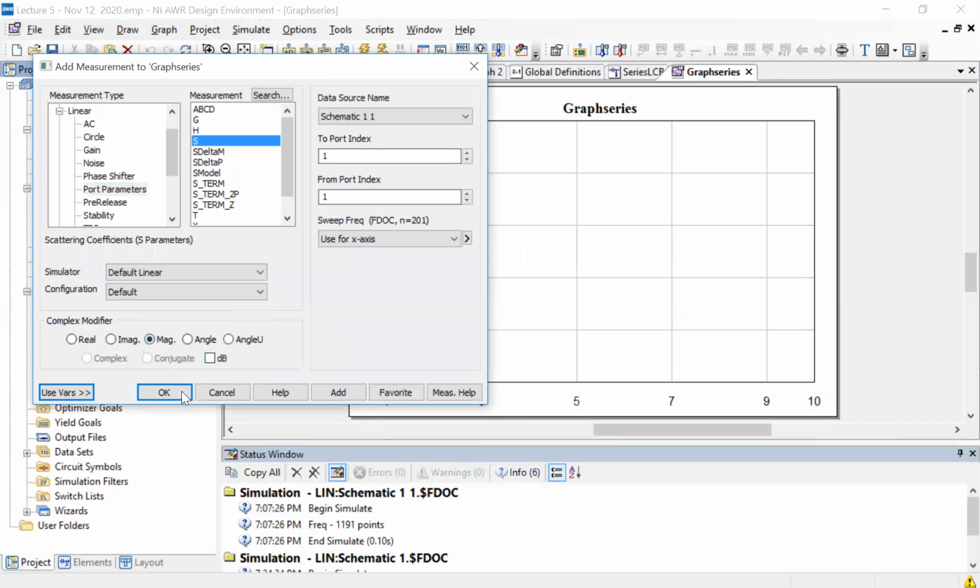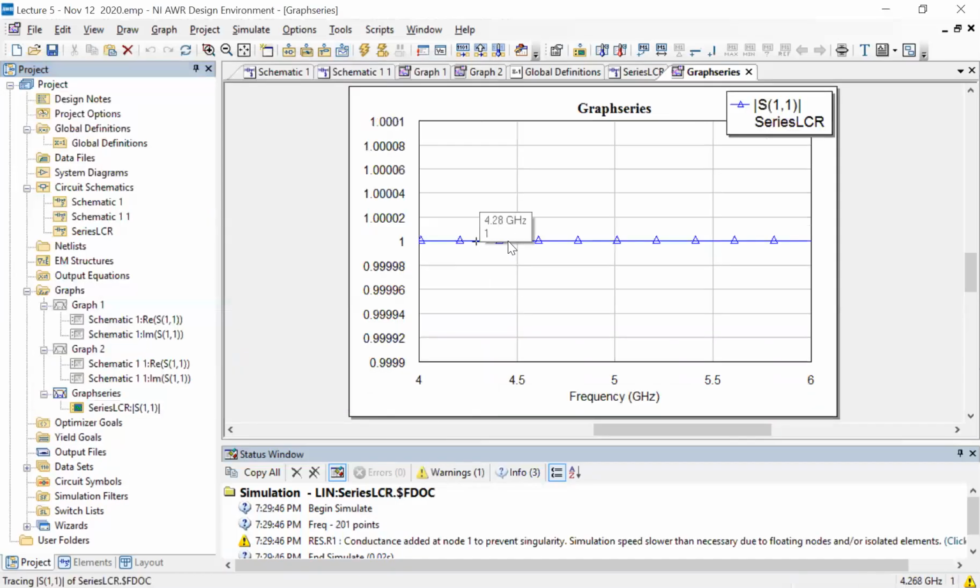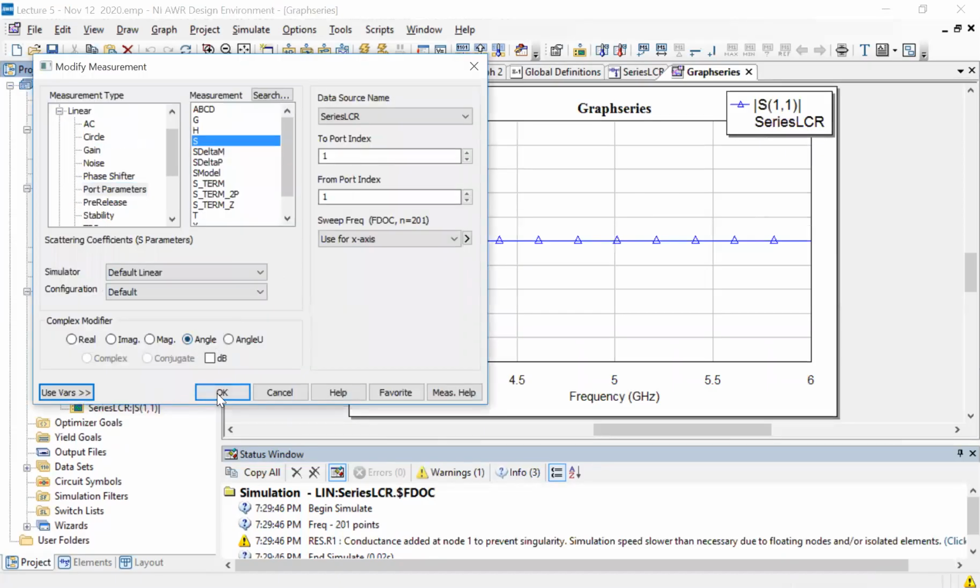First, let's convince ourselves again that there will be no magnitude response because the series LC circuit is also dissipation free. Always remember to choose the correct data source here. S11, there's only one port, and this thing, boom, it's 1. Okay, so no problem there. As expected, no dissipation. Let's go to angle,